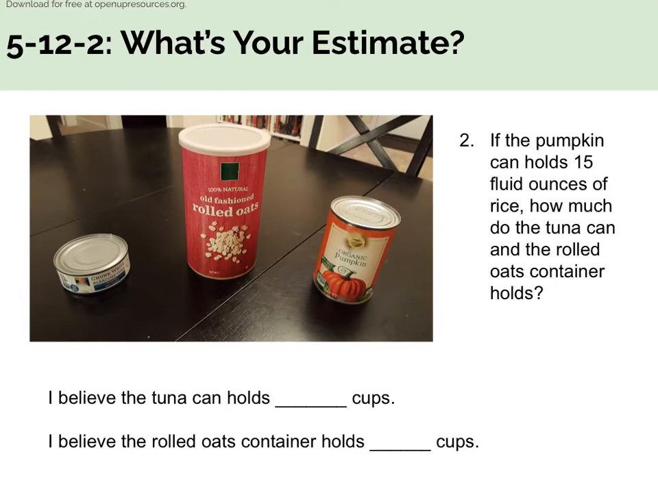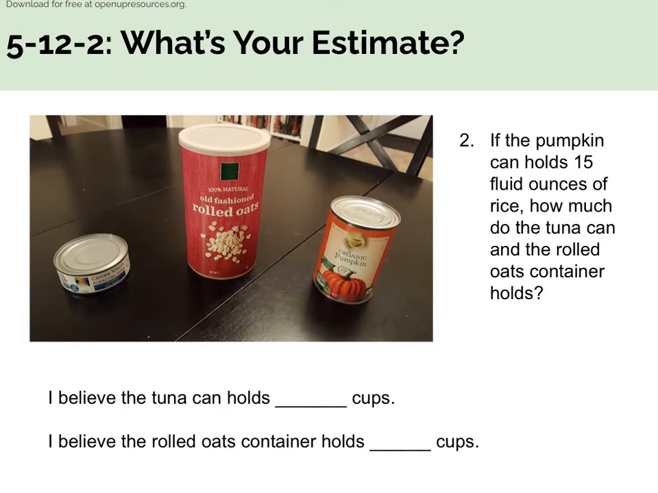All right, let's go ahead and look at this. If we look at the pumpkin can, it has 15 fluid ounces. So the tuna can, the bottoms are kind of like the same. The tuna is a little bit bigger, but it's really kind of squashed down, right? And so it's not going to be half. So if we kind of take it and we go,